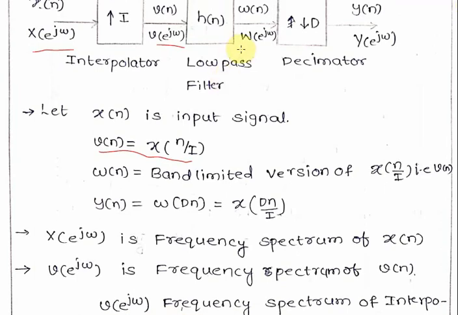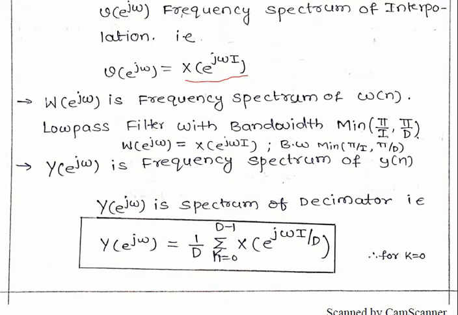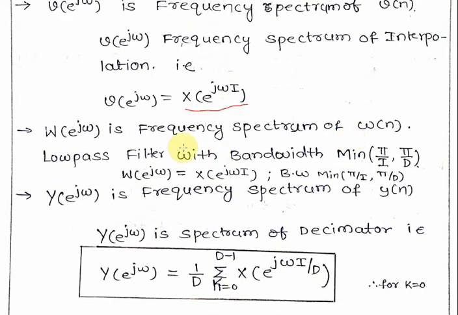And W of e power j omega is the frequency spectrum of W of n, the low pass filter output, and the bandwidth is the minimum of pi by I